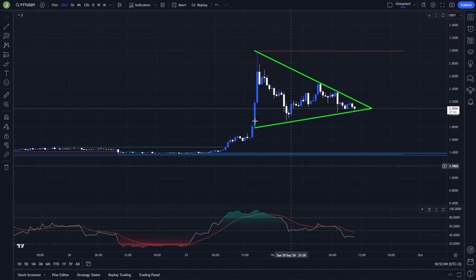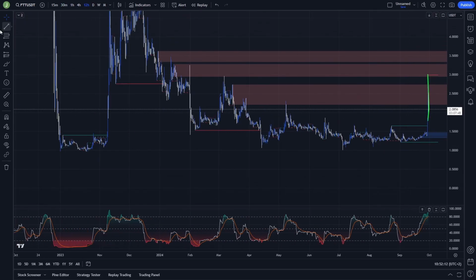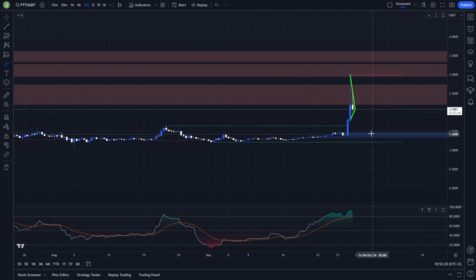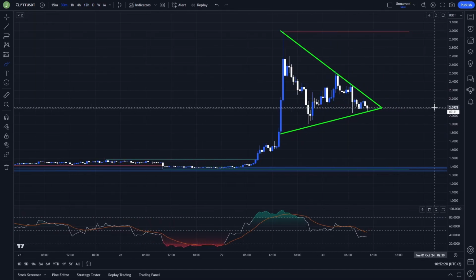And the last setup that you can right now trade here is a short trade, again on a 30-minute time frame. You can see that historically, after every big pump we had, there was every time a dump back to even lower levels. So right now I think there's still a pretty high probability that we are going to get back to this bullish order block, which is on the level 1.48, and that's the main area that you want to take advantage of